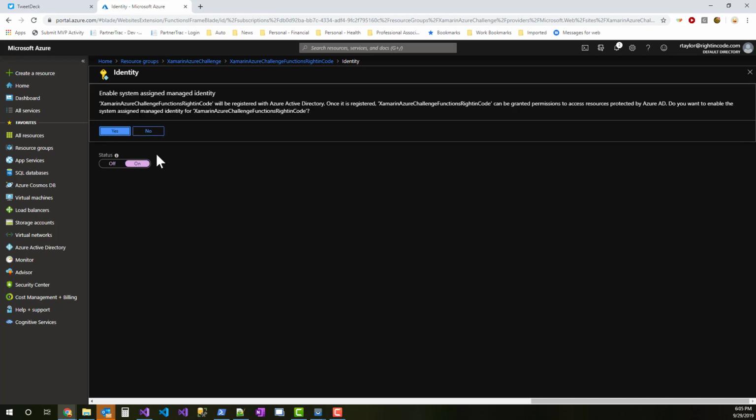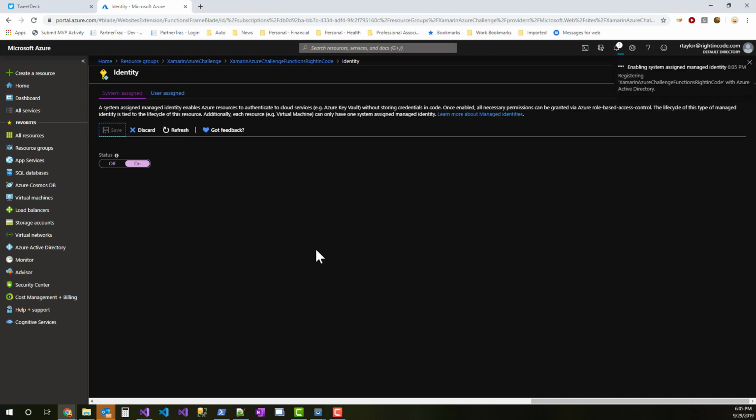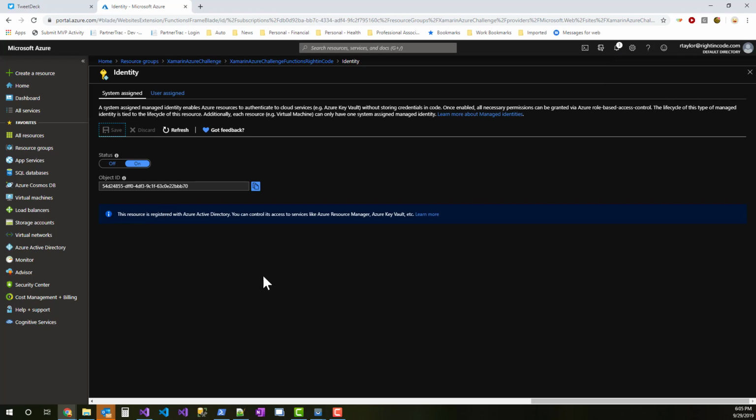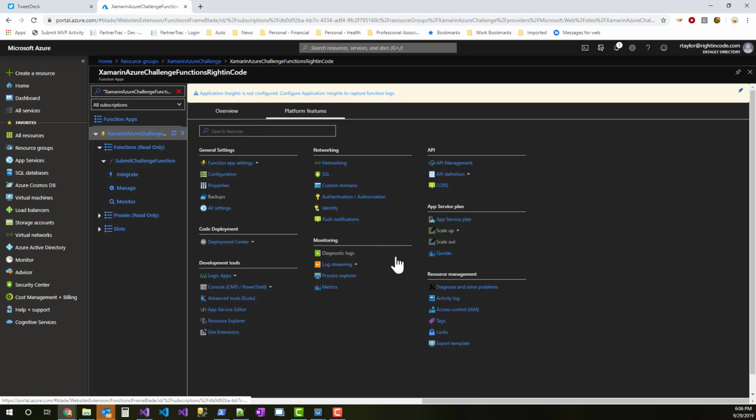It's going to ask us basically, are you sure? We're going to click yes. It's going to run through its process, and over here on the right we should get a green checkbox saying that it was enabled, and it is. And you'll see it actually assigns an object ID, and that object ID is associated with the function. So we're going to click back onto the function, and now instead of identity we're going to go over here to access control,